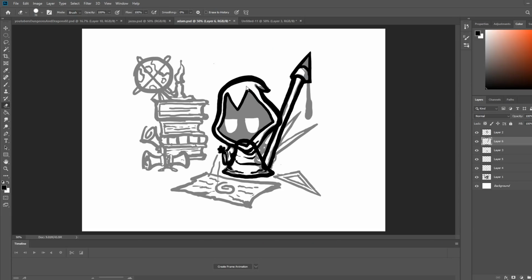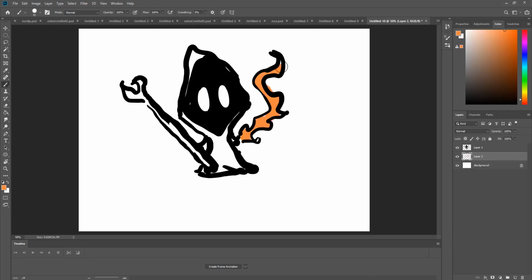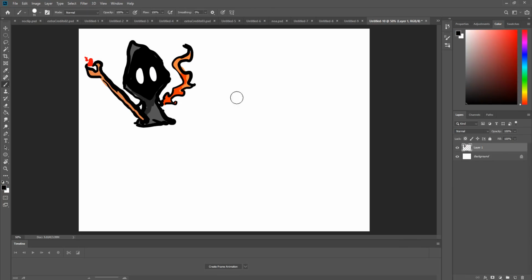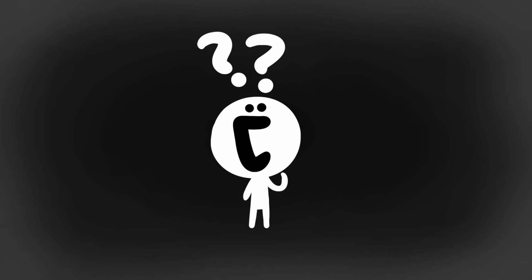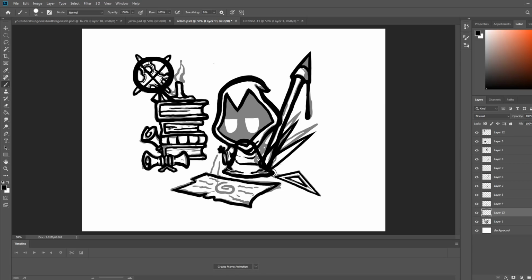So I began as usual with the rough sketch of the character. If you've seen a few of my tutorials on game art, you'll know that at this point I'm trying to come up with visual ideas and asking myself the question, what would an Adam Millard game character look like? And so I ended up turning the little hooded character into a sort of wizard, pondering a piece of parchment